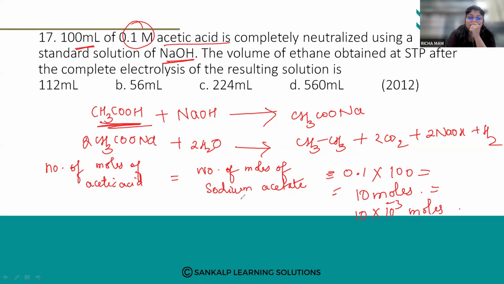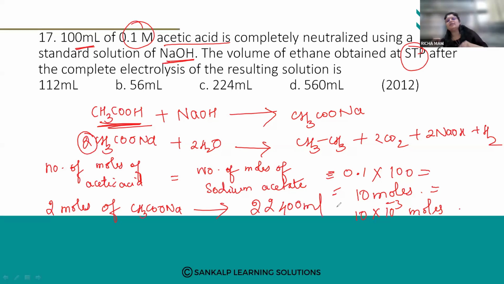Now when we calculate for sodium acetate, 2 moles, right? When you see the formula, 2 moles of sodium acetate on electrolysis produces how many? At standard temperature and pressure, what is the volume taken, students? It is 22,400 ml, right? The volume of ethane at standard temperature and pressure is 22,400 ml. So 2 moles of sodium acetate when it undergoes electrolysis,